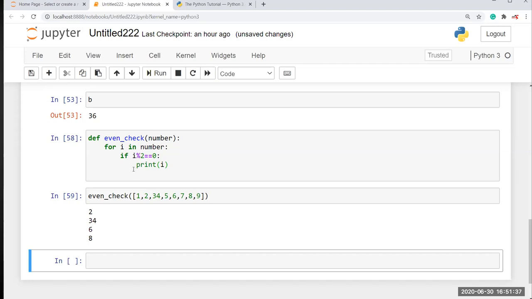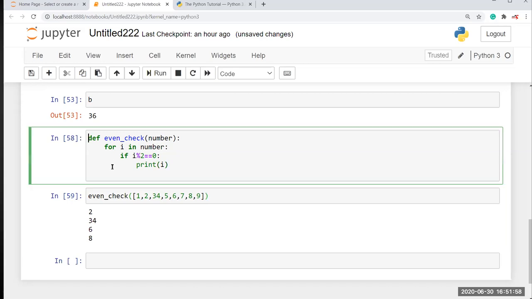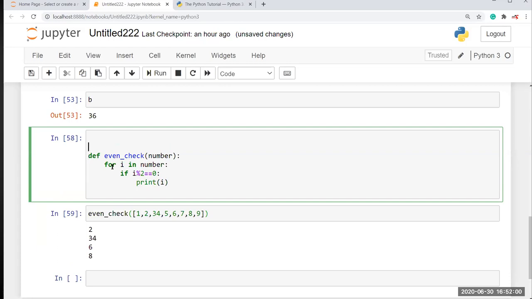So it prints only even numbers. So 2 is even, and 4 is even, and 6 is even, and 8 is even, right. And you have one more option, that is you can print in a list form.